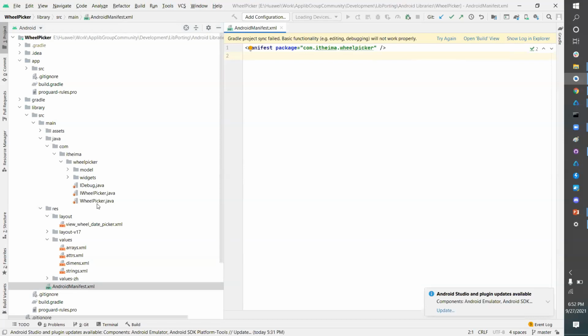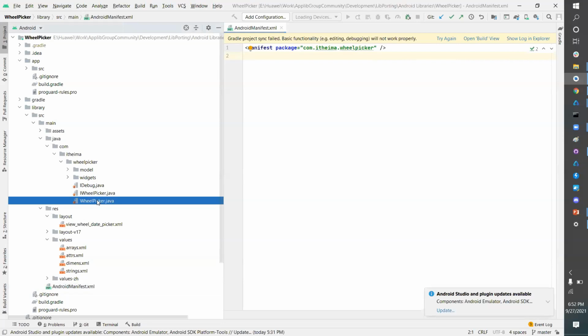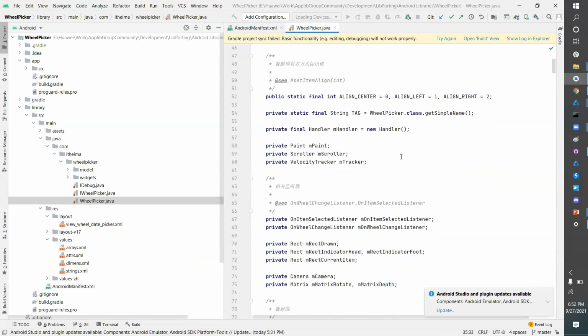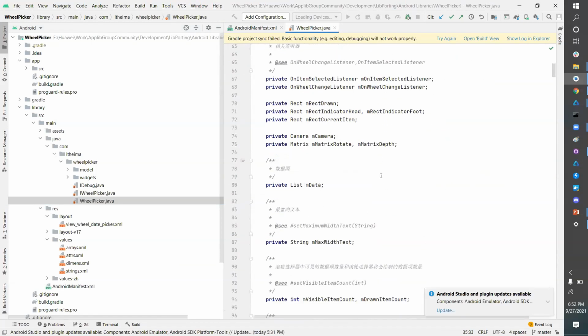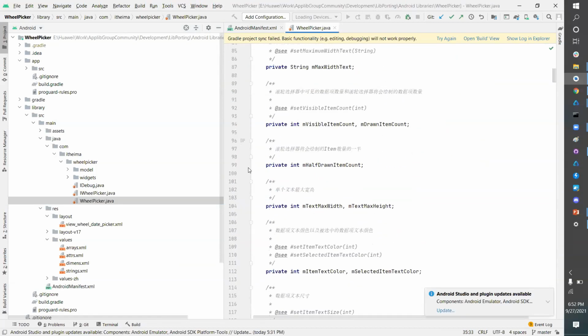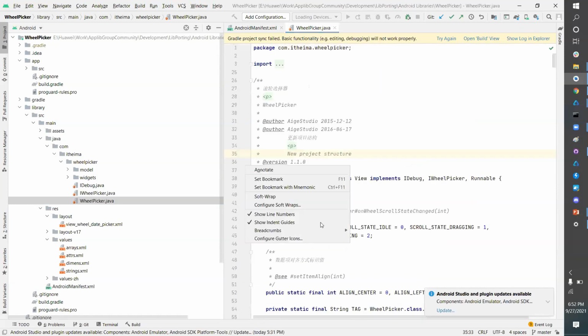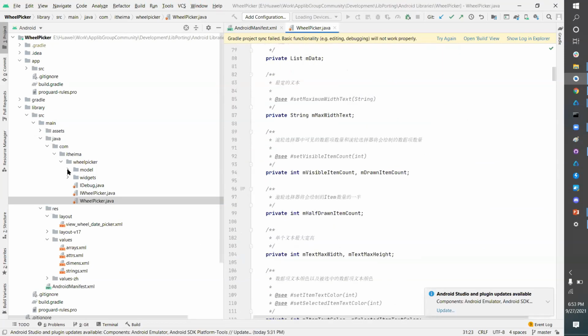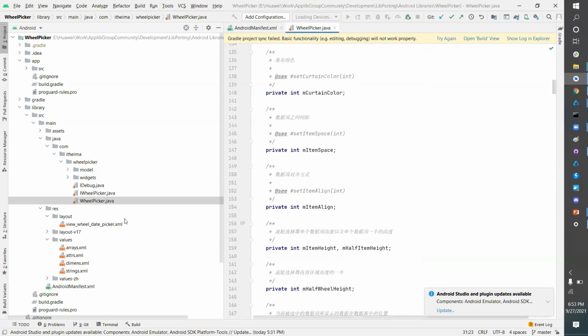Here in this library, we can start from this wheelpicker.java. This is the starting point of this library. So what you will be doing is going through this code to understand what it all does. Okay. So these are the important classes, model classes and some widget classes.